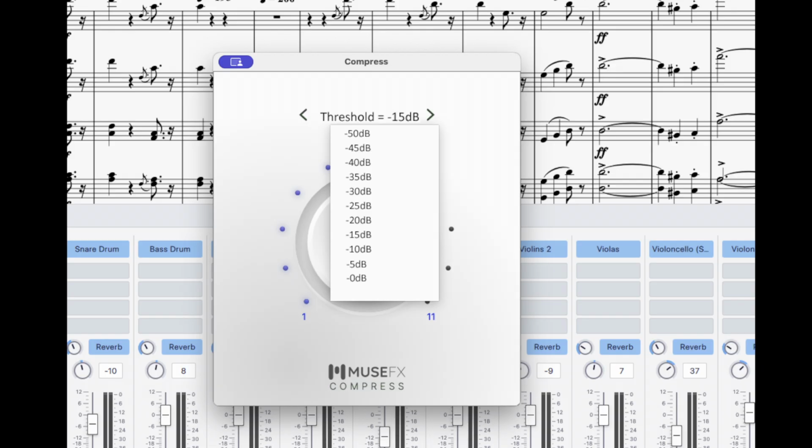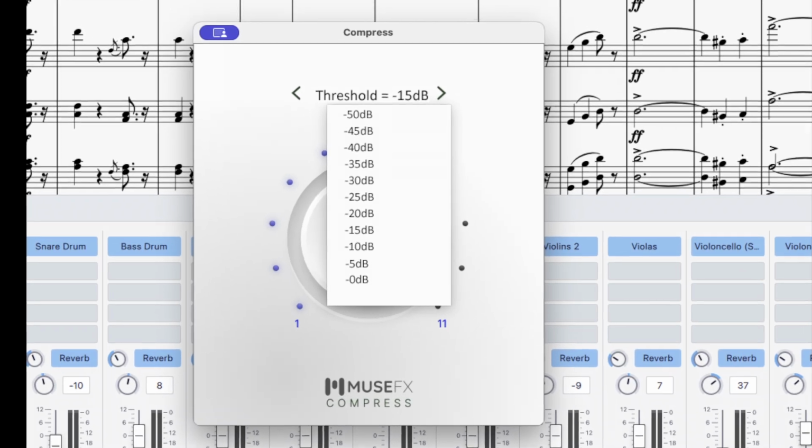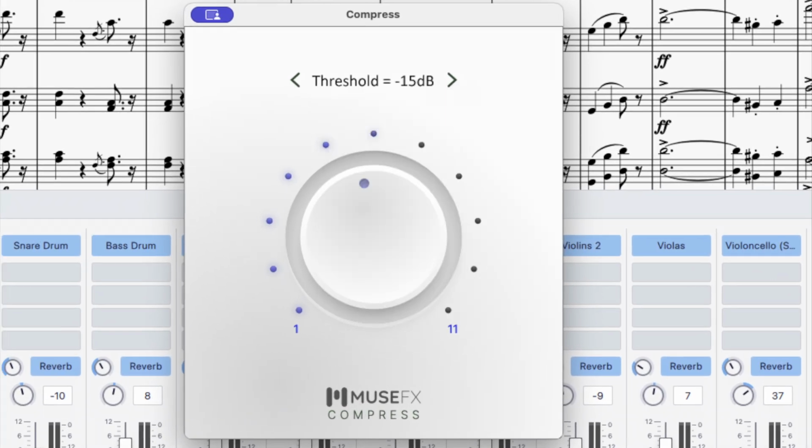Label the menu threshold and label the items something like this, maybe even add a line of explanatory text, then label the knob ratio and give it a sane scale, maybe again with a line of explanation. Of course, this is not just a cosmetic change. You have to make sure those controls actually do the things they claim. But at least that should be simple to verify. Right now, because of the compressor's cloak of mystery, it must be near impossible to verify. In fact, does it actually compress at all? Maybe it does, but Muse won't tell.